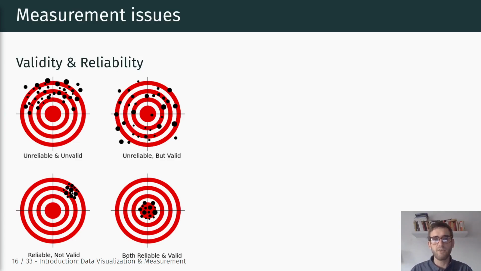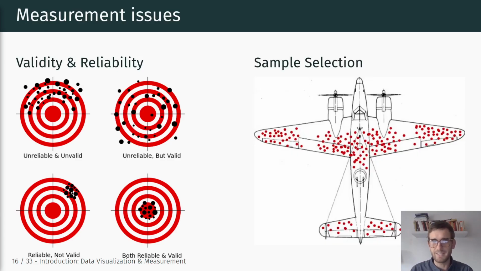Another issue that is very much related to measurement that is going to come up a lot as well is the issue of sample selection and selection bias. Okay, and this is the canonical example that is always brought up whenever someone talks about sample selection, so I figured I'll use it as well. This is an example of a British bomber during World War II. Specifically, it is a visualization of British bombers that came back after flying over Germany and